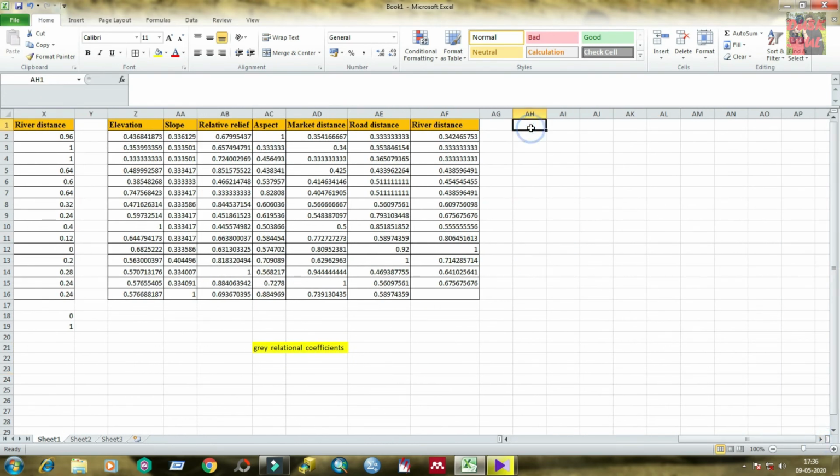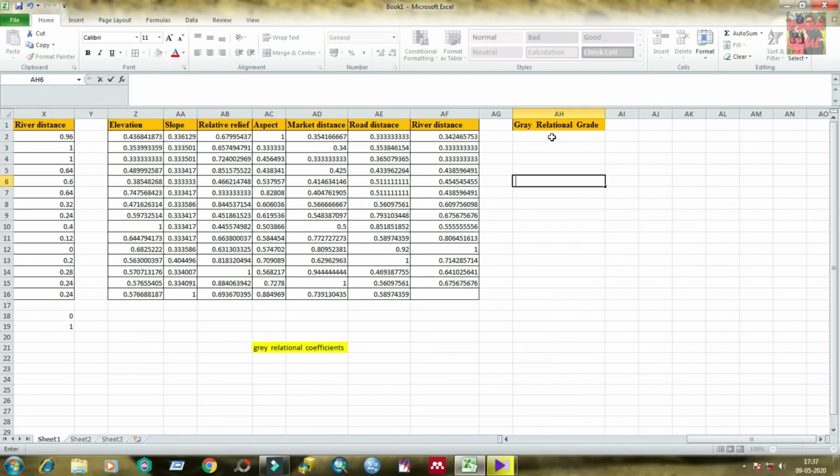Now our last task is to calculate the gray relational grade. For this purpose, select all of the parameters.